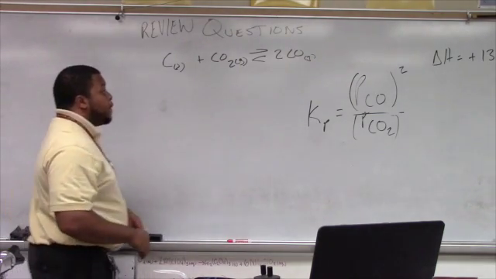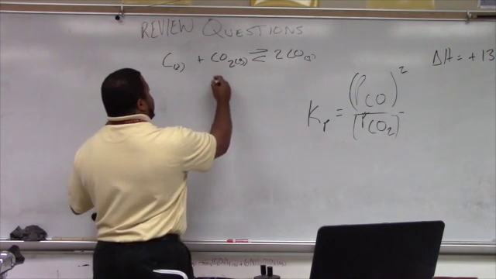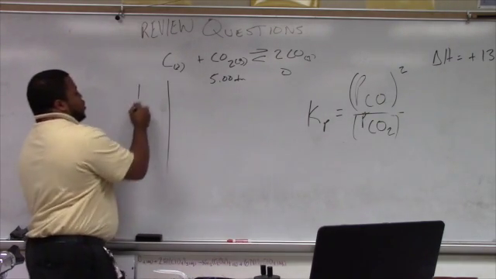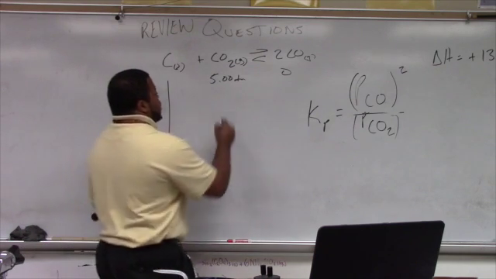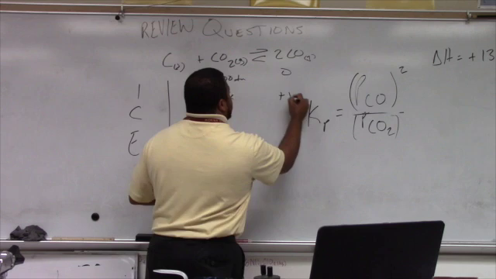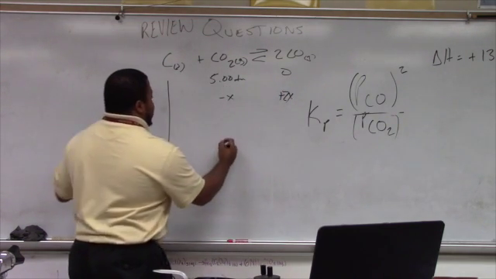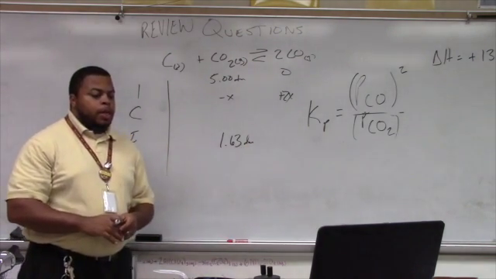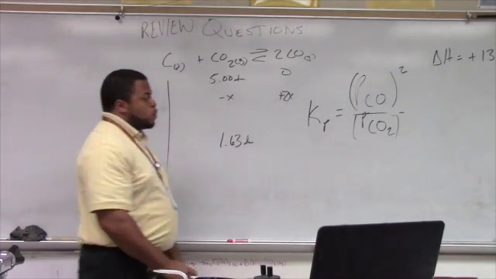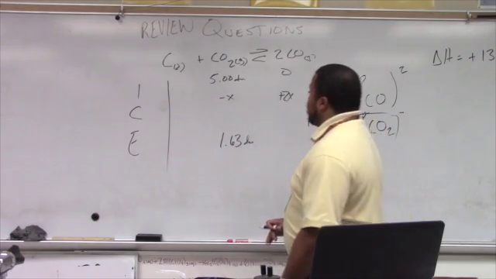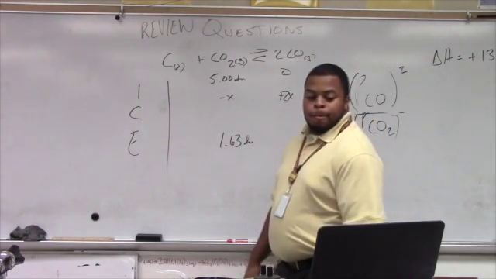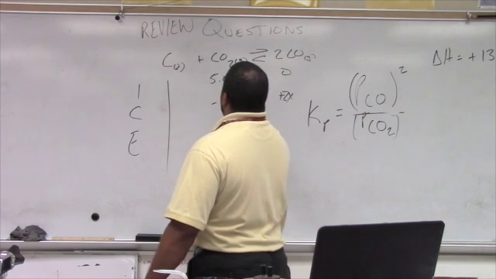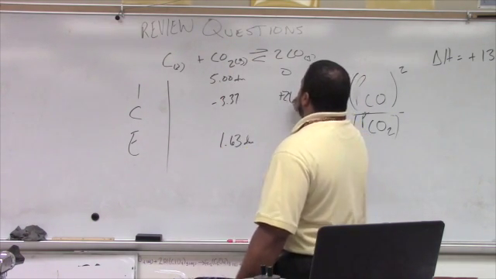If this is my reaction, I had 5 atmospheres here, 0 here. Something changed, something changed. I ended up at 1.63. What's 5 minus 1.63? 3.37. Thank you. So that means X here is 3.37, right? Yes. Okay, so if this is minus 3.37, and this is plus 2 times that value,